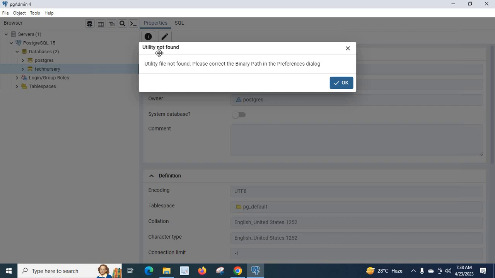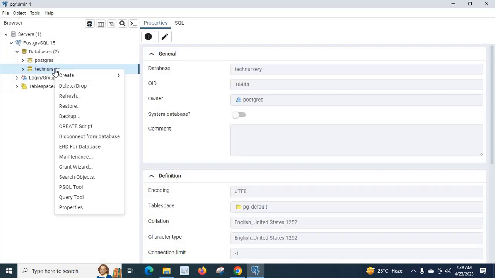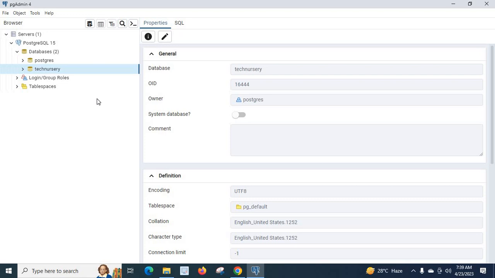We got an error: utility not found, utility file not found. Please correct the binary path in the preferences dialog. Click OK. Let us try to restore a backup to this database. Click restore. Utility not found, utility file not found. Please correct the binary path in the preferences dialog. Click OK. So when we try to backup or restore in PostgreSQL server using pgAdmin 4, I got the error